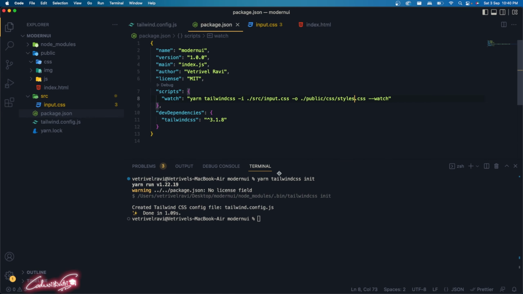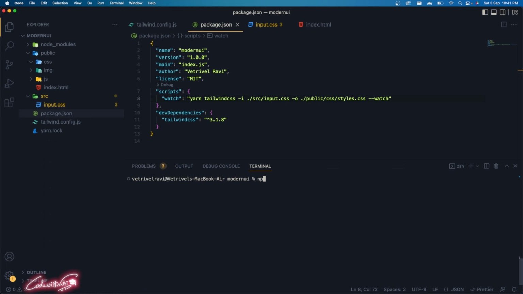So let's go ahead and run this command. If you are using npm, all you have to say is npm run watch. If you are using yarn, all you have to say is yarn watch. That's it. So if I press enter,